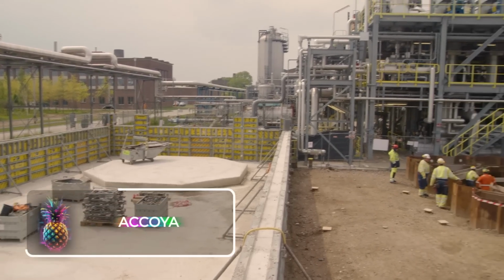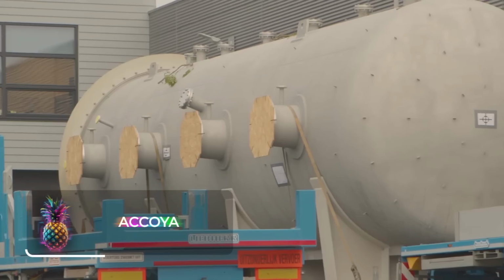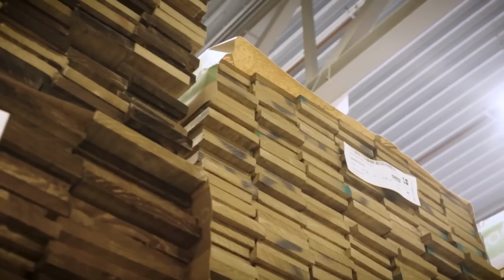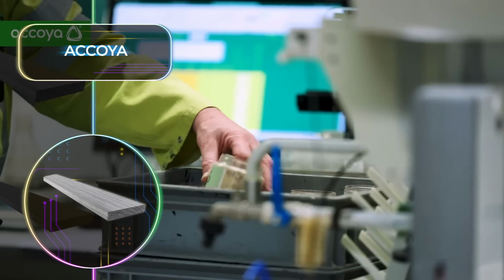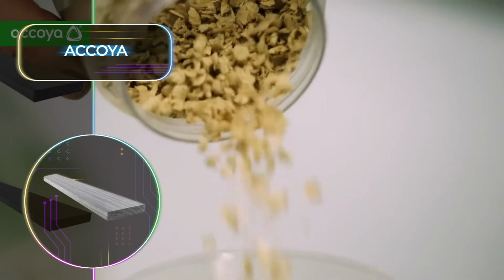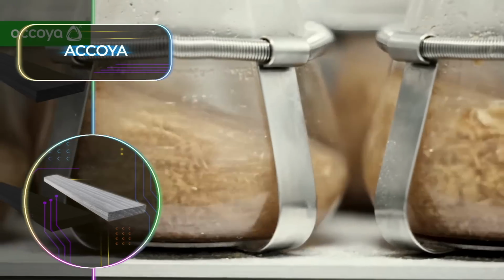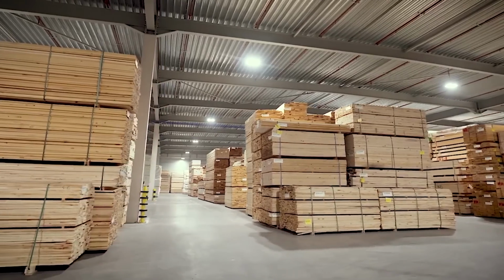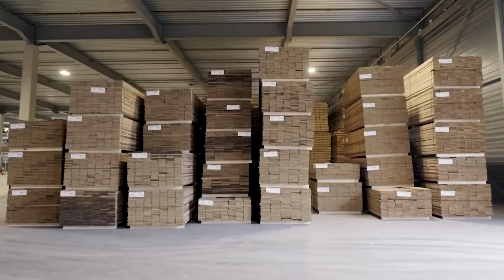Okoya. The brilliant folks behind this next project have come up with what might just be the next big thing in high-performance wood. It's called Okoya, and it's made using a process called acetylation that treats the wood with chemicals through its entire depth. Basically, this chemical treatment alters the natural wood, turning it into a material that's tough against rot, decay, and bugs. Not only that, but it is also dimensionally stable, boasts a remarkable 25-year ground contact durability,